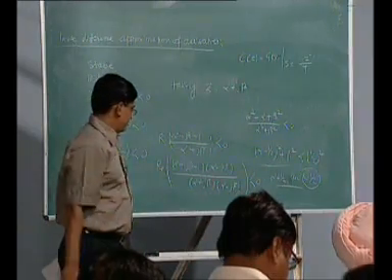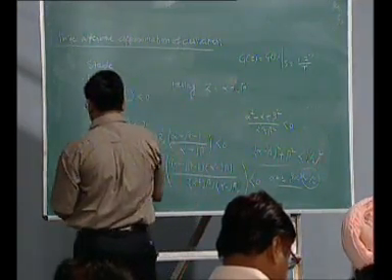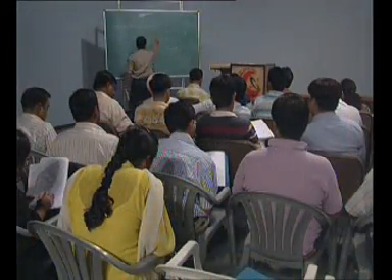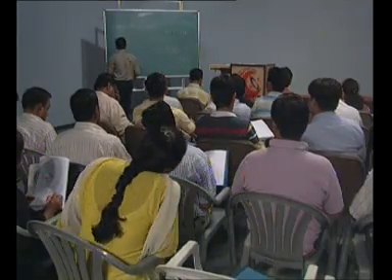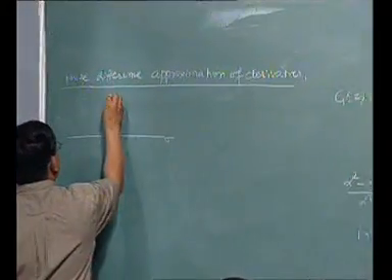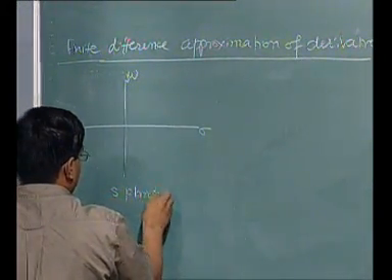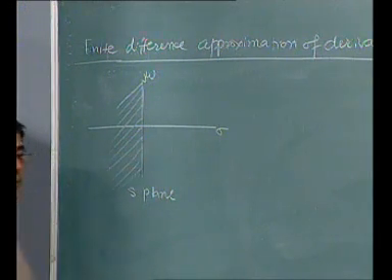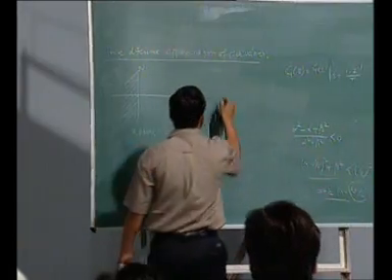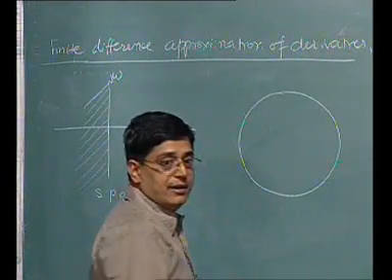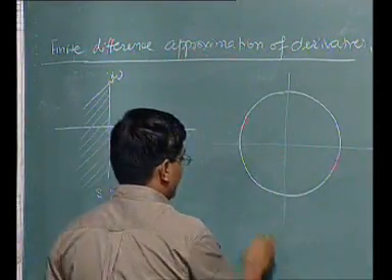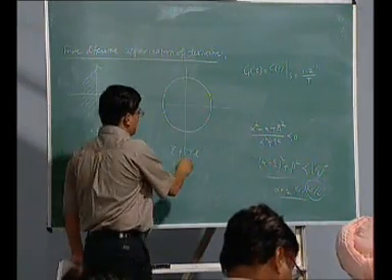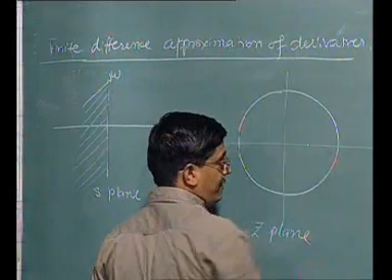Any doubt so far? No, sir. Okay. So, now we can map this S plane into the Z plane. This is our S plane and this is the stability region, right? And this is our Z plane with the unit circle, right. So, if it is a unit circle and the other radius is half and the coordinates are alpha,